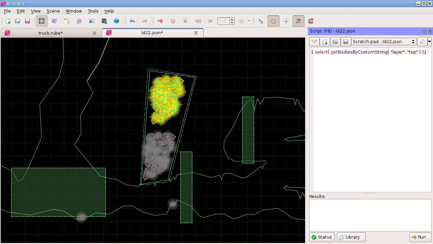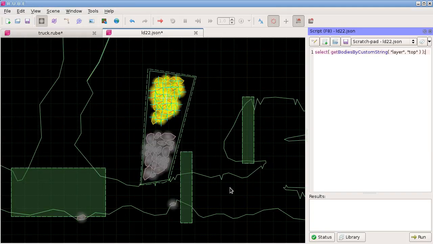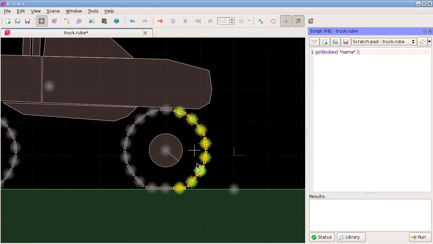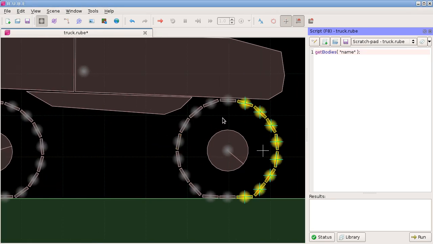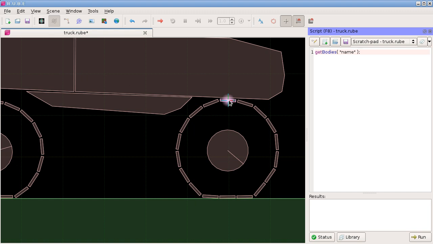Right, now let me jump back to the other thing I was looking at here with script hooks. So after manipulation, let's get rid of this now. Alright, so let's say I'm editing the rim of the wheel, and I have everything set up here with my joints and my bodies and everything, and then I want to change the shape of the fixtures around the outside. It's not very convenient to run the script again every time to regenerate all those bodies, but what I can do now is